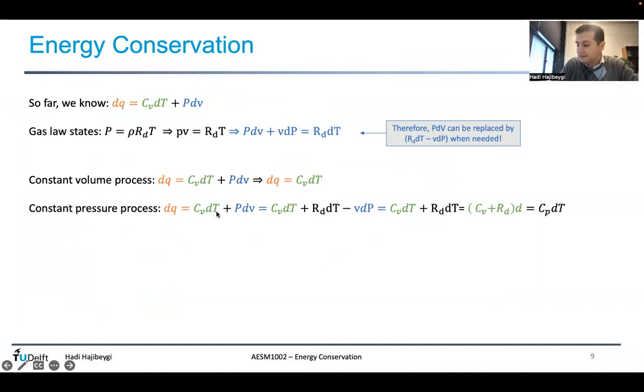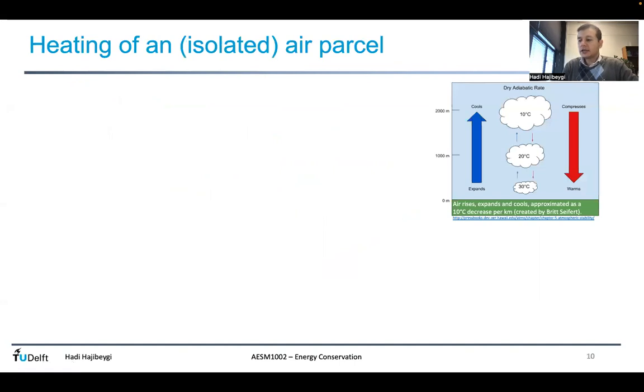And if I go to the same notes that I just did by hand here in my notes, you start by writing for constant pressure process, you will correlate PdV as R dT minus VdP. And since dP is zero, you are only left with R dT. You factorize the change of the temperature. There is a dT missing here. Then you would get finally Cv plus R, that is defined as the constant pressure heat capacity. That is actually quite a very important part of the story that we are going to discuss.